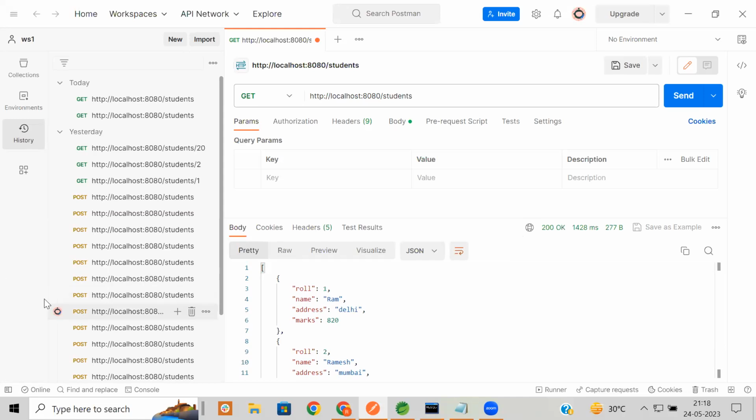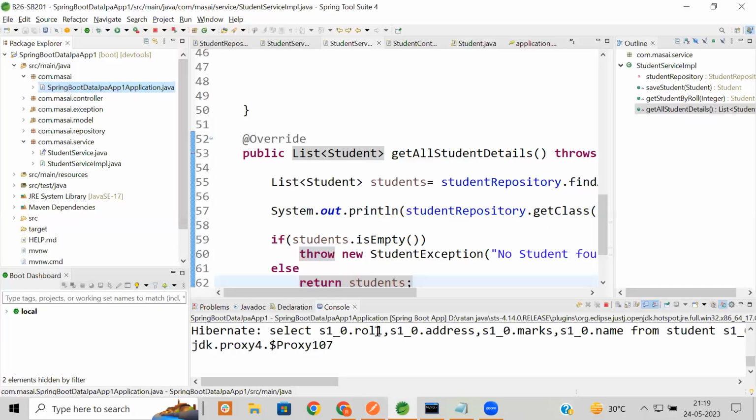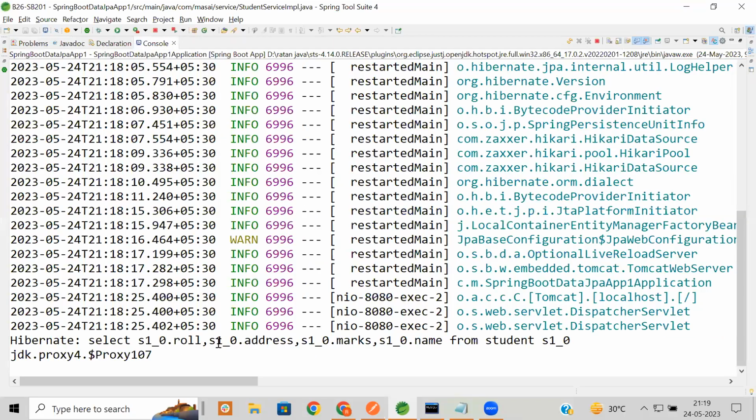Okay. So now quickly, let's see the next operation, and after that we will see some other interesting things. But here, just check out the console. This is the class name that is generated at runtime for your interface. आपका interface जो student repository बना रखा है आपने, उसका ये हमारा implementation class बना है